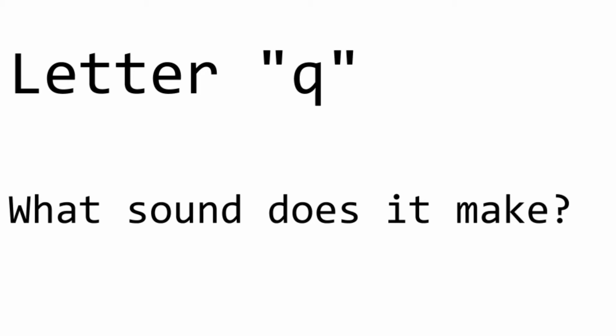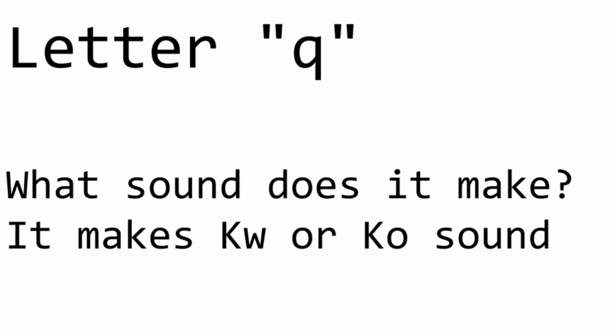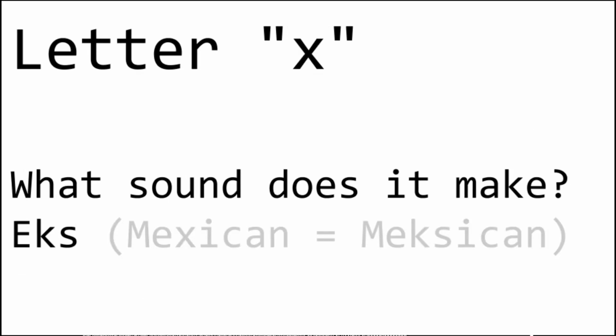Next we have Q, which, think about it, is just a K with a W after it. It would make just as much sense to spell queen with a KW, or just replace KW in place of the Q any place. So all these words that are Q, the fact that Q has to be followed with a U doesn't make sense in itself. X, you can see it right there. It's not even a sound.